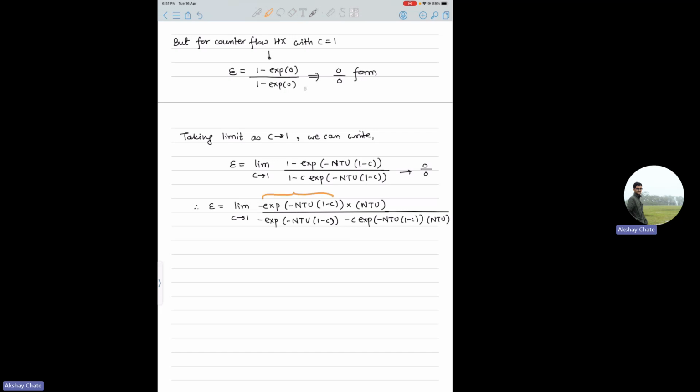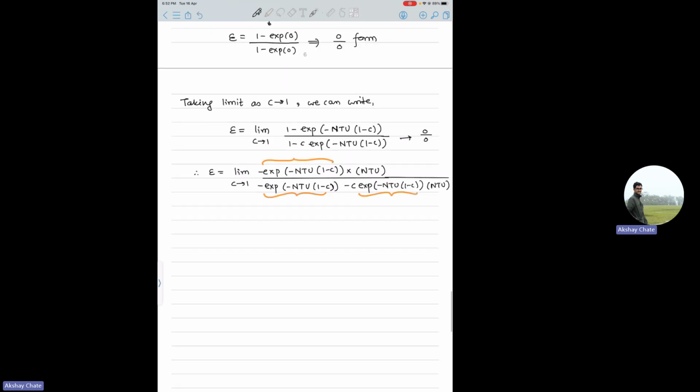It is common in all three terms, and it gets cancelled. So what remains here is NTU by 1 plus C NTU, and then you put C as 1